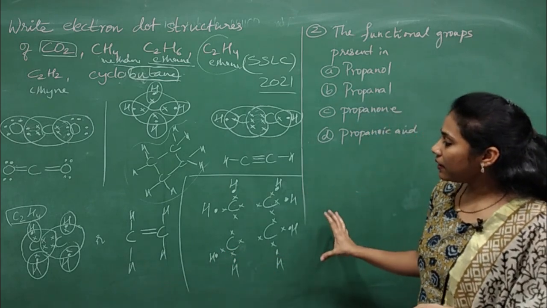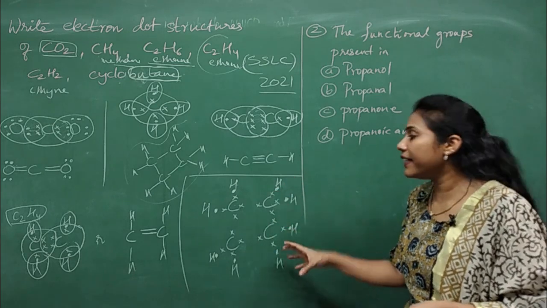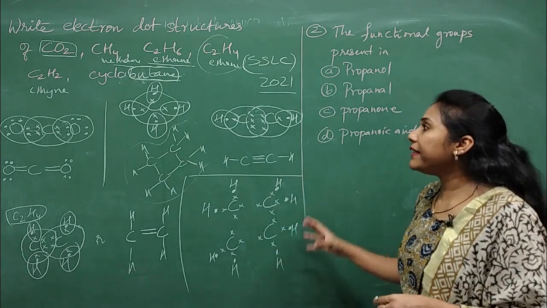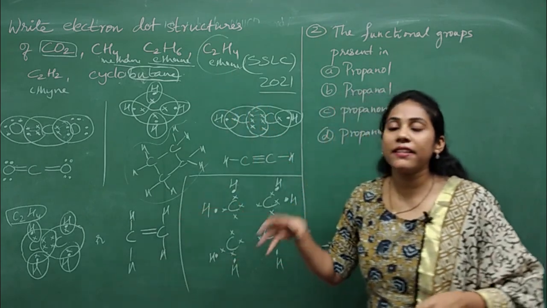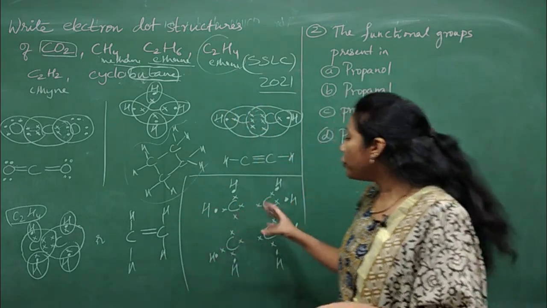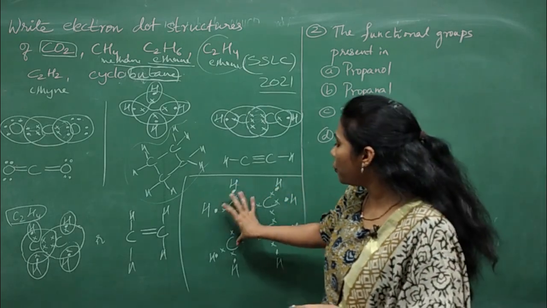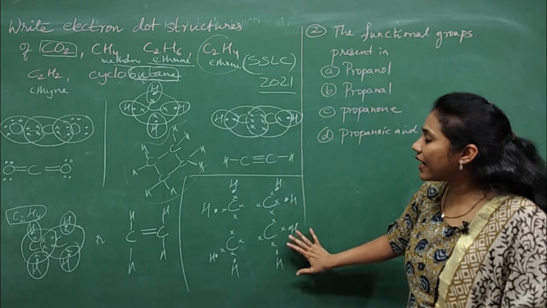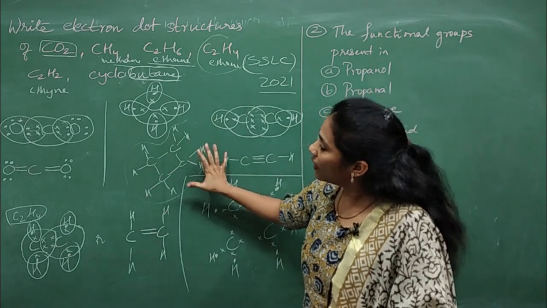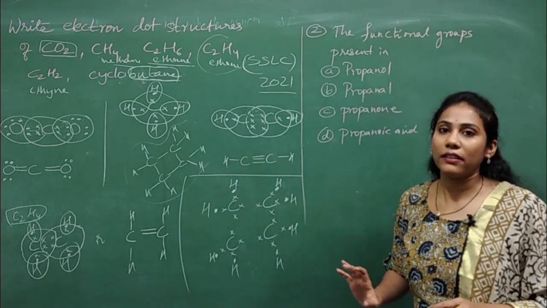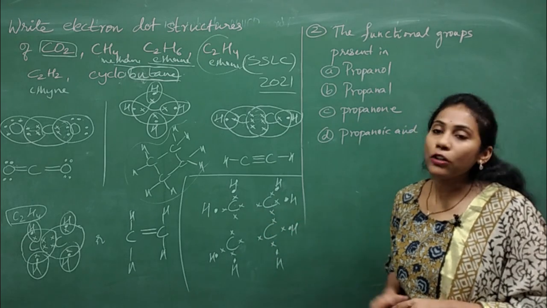So here you need not show a circle. Even if you don't show a circling thing, you will get the mark here. So when the dot structure of cyclobutane, cyclopentane, or cyclopropane is asked, you can just show something like this. Show all valence electrons on carbon like this, and finally show its complete structure by putting the bonds. Then you will get full marks. Clear, everybody? So this will be the dot structure for cyclobutane.